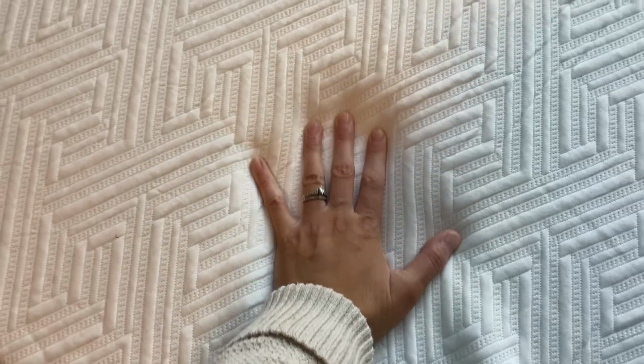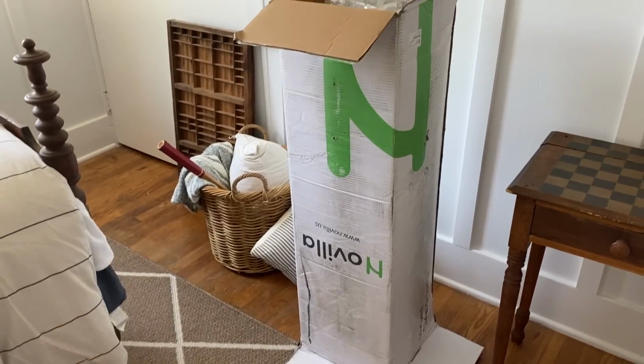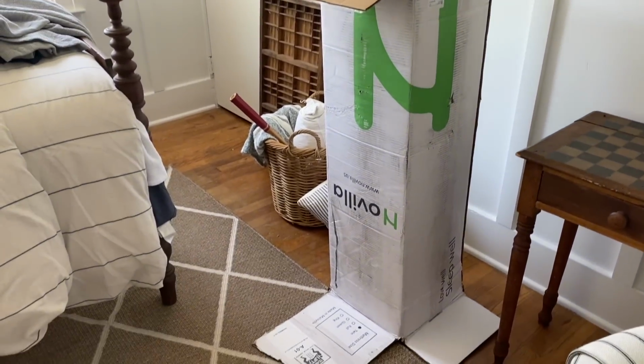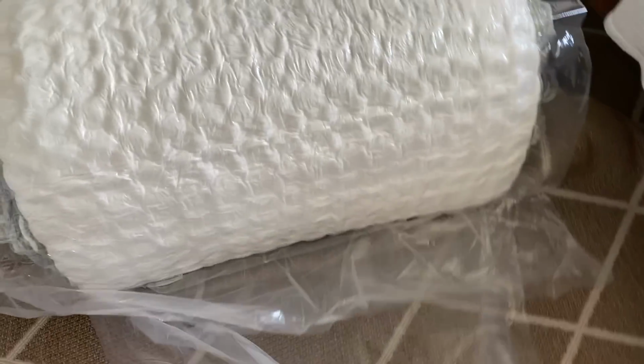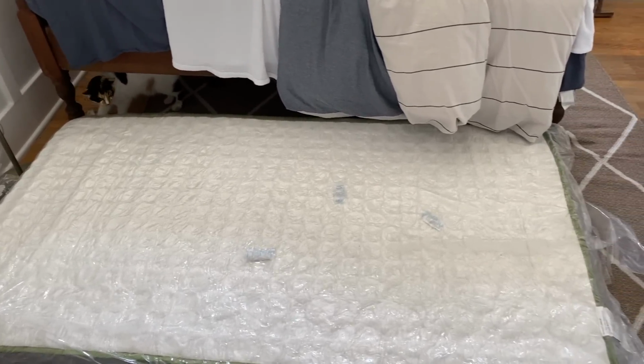What's even more awesome is the fact that we not only have one Novella mattress in here, but we have two. So what we decided to do, in case we have a girl, we don't know what we're having, but in case all three boys need to share this room, we decided to get a second mattress and go with a twin size. And my husband built a trundle bed, and we put a second twin size Novella mattress underneath